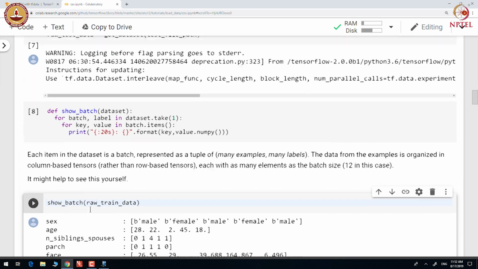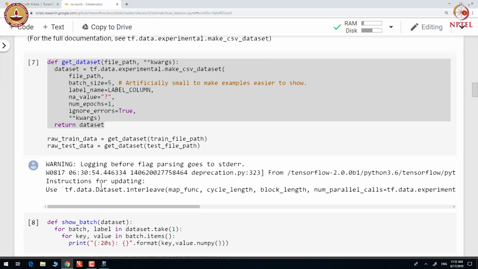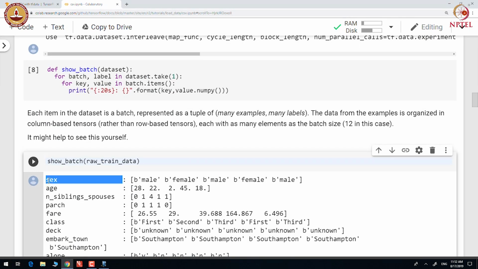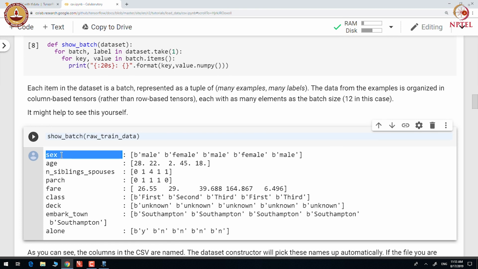You can see that since we have set up the batch size to 5, for each of the feature we have exactly 5 values. So, you can see that each feature is organized as a column based tensor. There is one tensor per feature, one tensor for sex, another for age and so on, and in each of the tensor you will find exactly 5 values, because we have a batch size of 5.